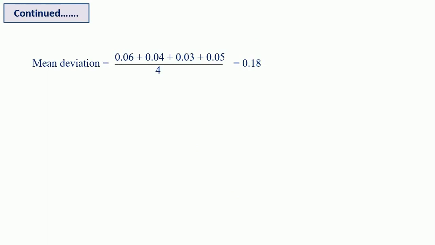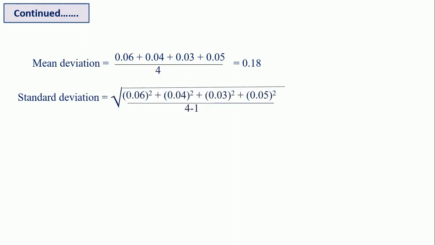The next term is the standard deviation. Now we know the formula of standard deviation. It is the square root of the sum of all squares of the deviations divided by the number less than 1. That is the definition, the meaning of standard deviation. So simply take all the deviations, square them, and take the square root, divided by the number less than 1. So see the equation.